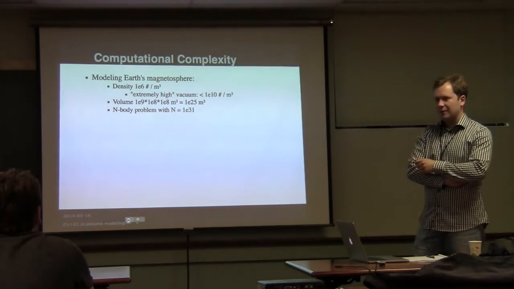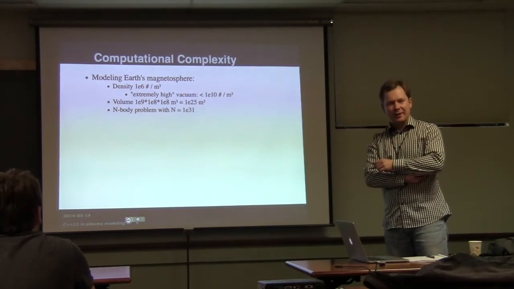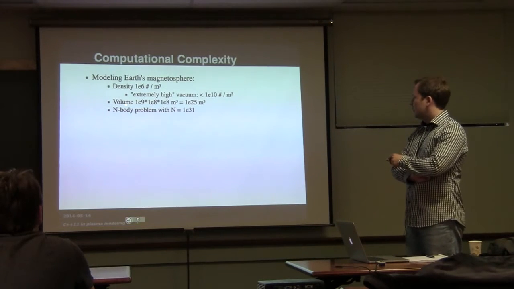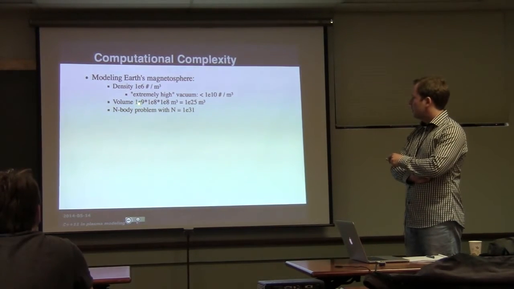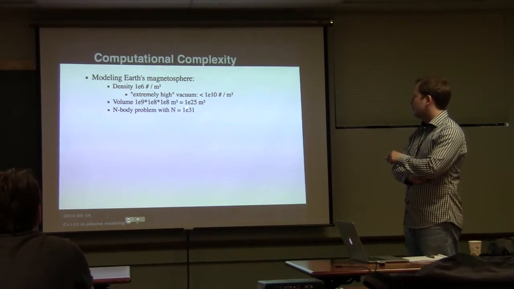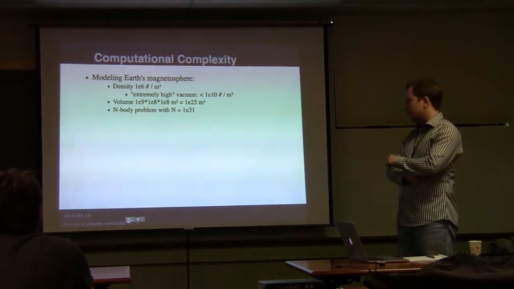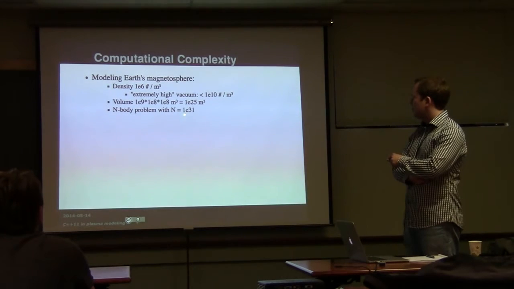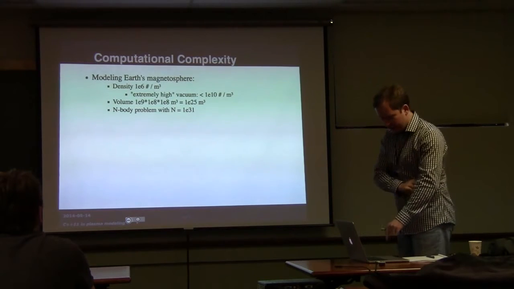Space is also a very good plasma laboratory, because you can't replicate many of these conditions on Earth. And then the volume: the tail is like 1 million miles or a bit more, close enough. So you get 10^25 cubic meters, and so you have an n-body problem with 10^31 particles or bodies.